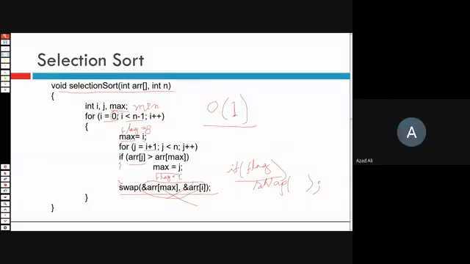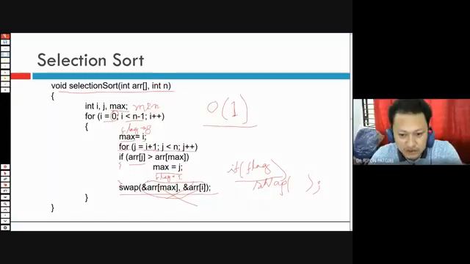I have a doubt about the function given here: we are initializing max equal to i, and every time i changes, max changes. If the array consists of 0, 0, 1, 0, 0, 0, 1, 1, then how will max change?